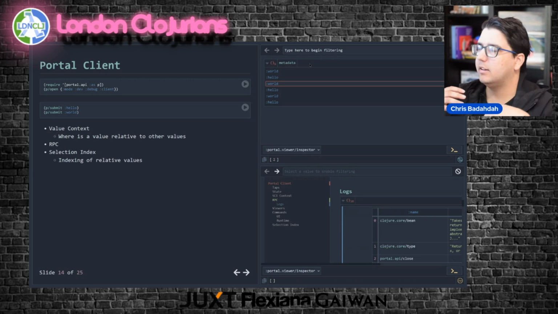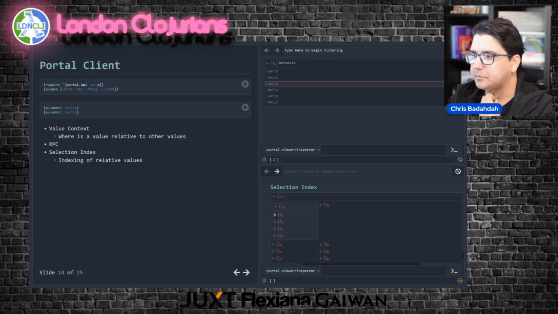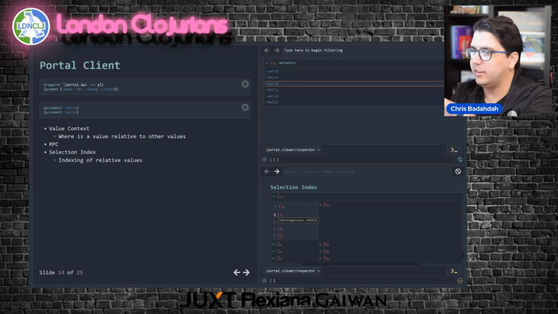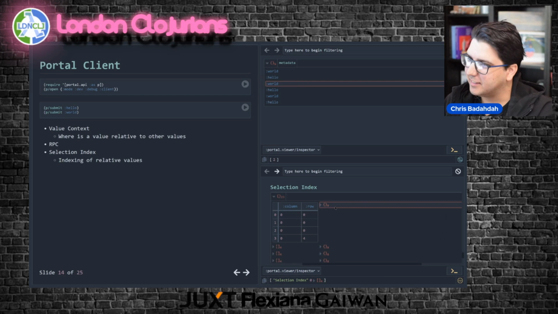The reason it's difficult is you have to have a relative view of the world. When the values get rendered, there's another data structure that gets built up, which is, again, another example of having composite keys in a map: this concept of a selection index. It captures a bidirectional mapping of where a thing is and what it is, and what a thing is and where it is, which is a mouthful, but let's put this in a table. Let's open this up.